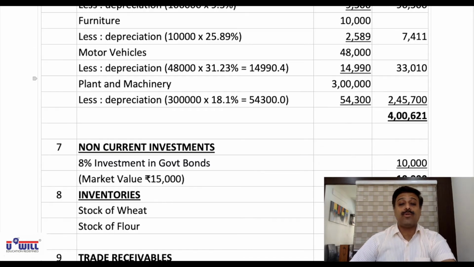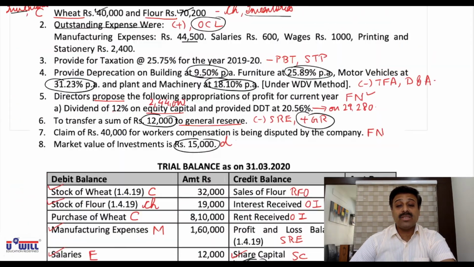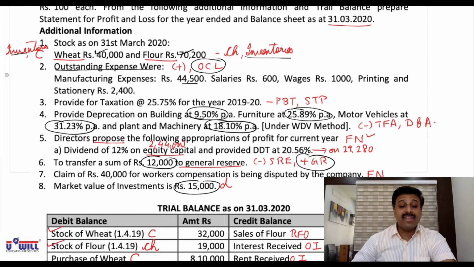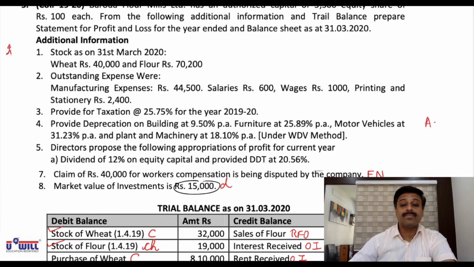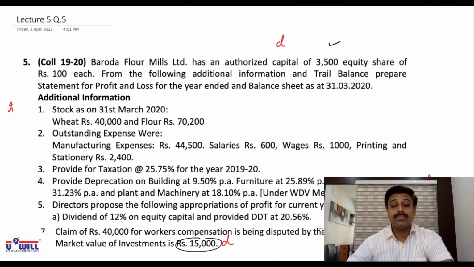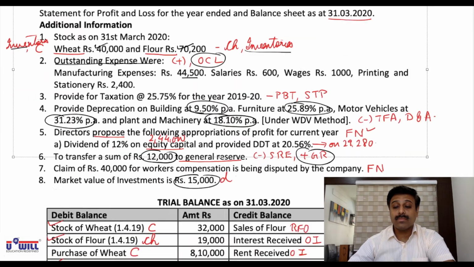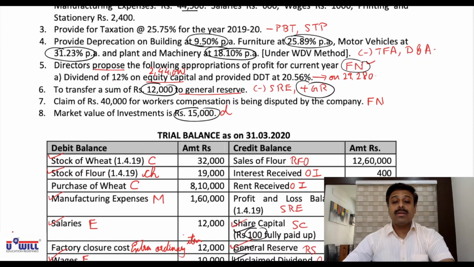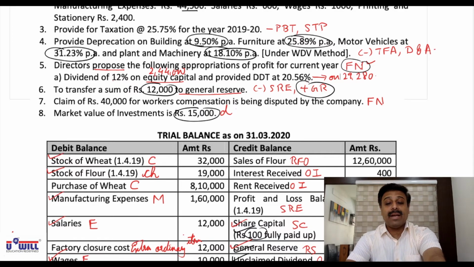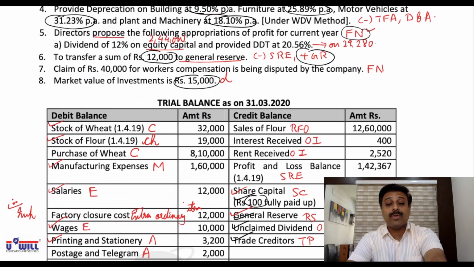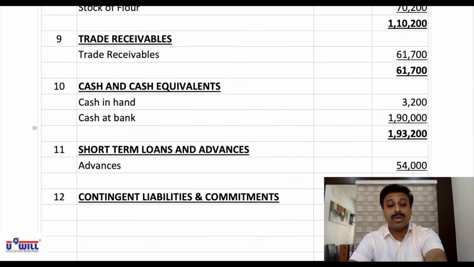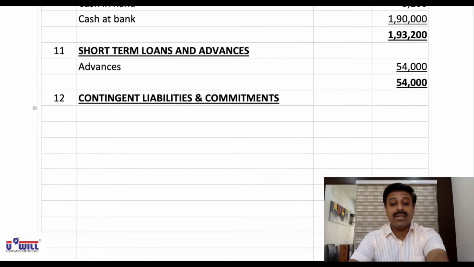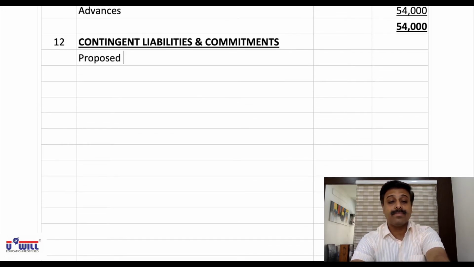Okay, we have marked it as footnotes in the question. So adjustments, all of you will see. Fifth adjustment, footnote we have marked. Proposed dividend, we have to count 12% on equity capital. I discussed equity share capital is 2,44,000, so we'll count 12% of 2,44,000. So first we have proposed dividend 2,44,000